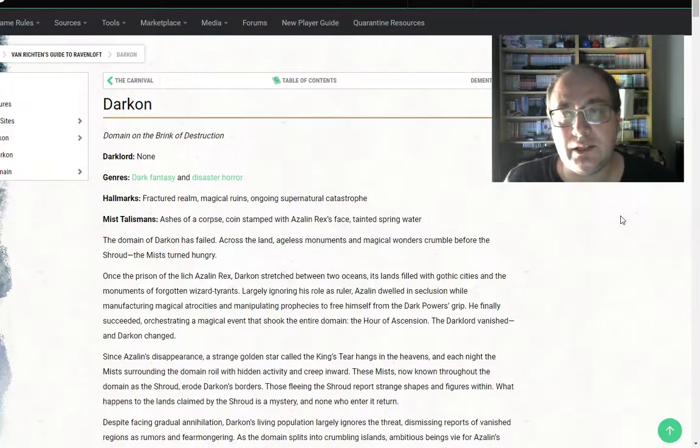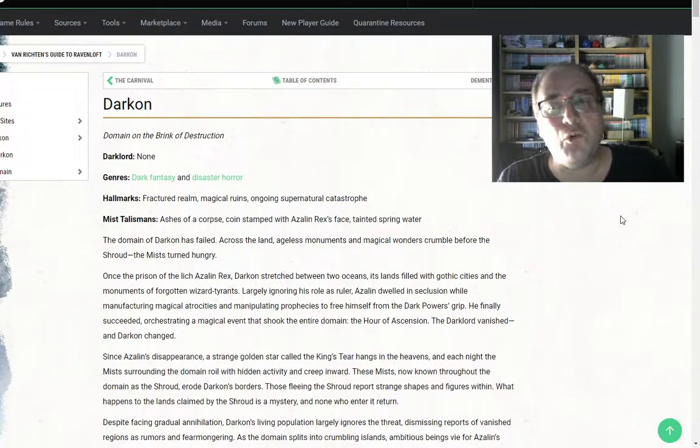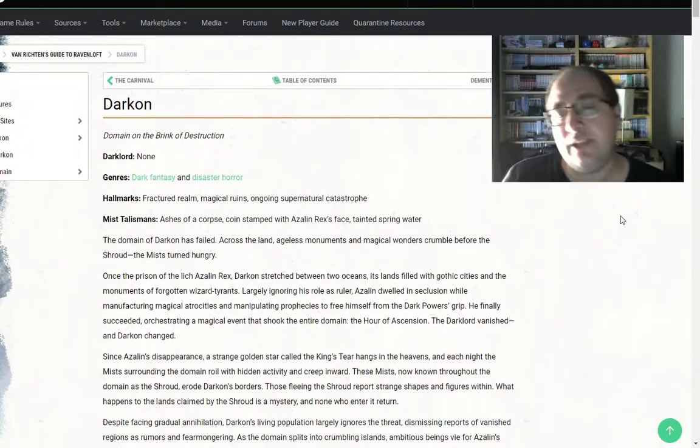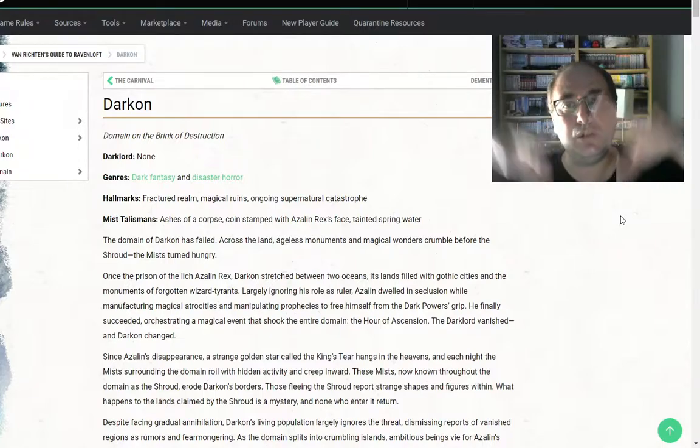Darkon, on the other hand, is an enormously changed domain in very, very surprising ways, and it has to do with its Dark Lord, or rather the absence of one. See, Darkon used to be a prison for this Lich King named Azalin Rex, and the ongoing big plot of Ravenloft